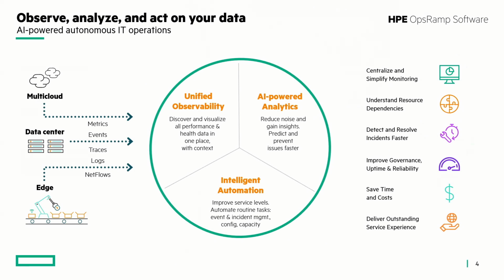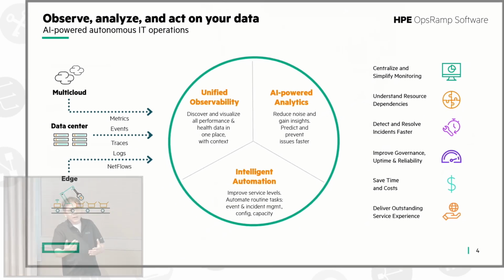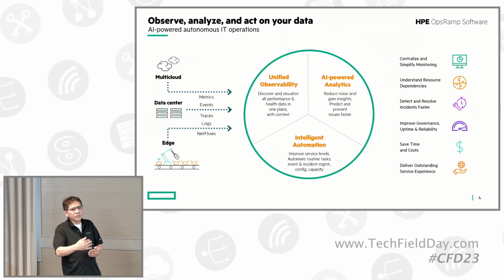We will ingest the alerts that those third-party monitoring tools are generating, or even an APM, if you're running an application performance monitoring tool like Dynatrace or New Relic, right? OpsRamp can integrate with those platforms by, again, using a webhook to ingest the alert. So in that way, OpsRamp can act as a monitor of monitors, right? And once we ingest all of those alerts, now we can apply our machine learning to